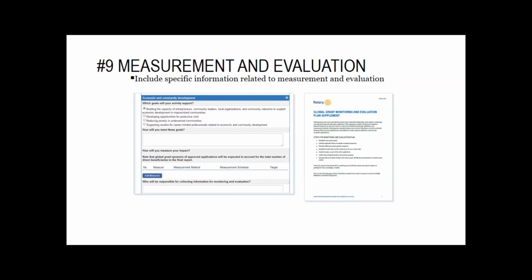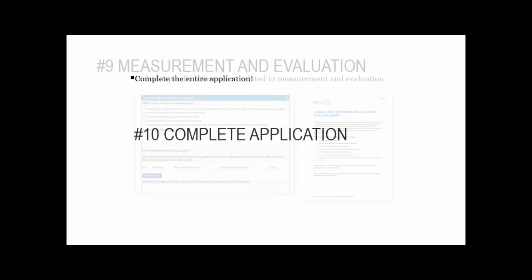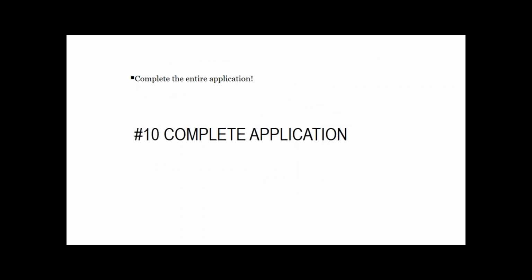Because once it's completed, you have to see, did we do what we said we were going to do? Did it provide the benefit that we thought it was going to provide? And then complete the entire application. You don't know how many applications sit there with nothing done. And again, at the 12-month time, if nothing's been done in 12 months, RI cancels it.